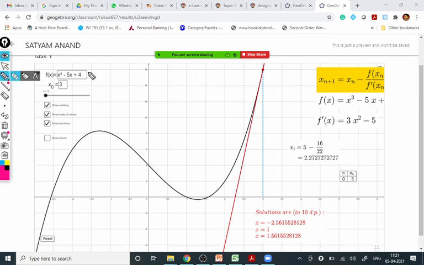First of all, we have some fx. Why I'm sharing this activity: later on you can change this function. There is a tab to change the function. You just click in that box only, you can change the fx. Then you can change x0, the initial x0. Once you get fx and x0, what you have to do: this x0 is 3. So at that 3, actually this tangent is drawn.